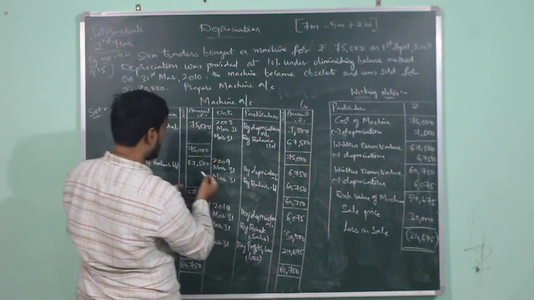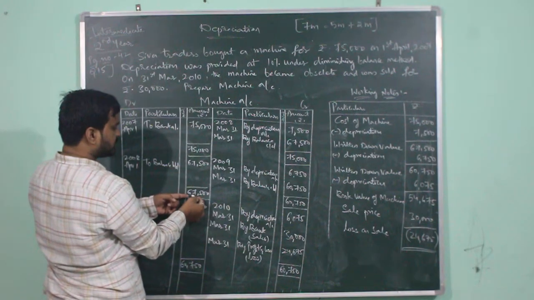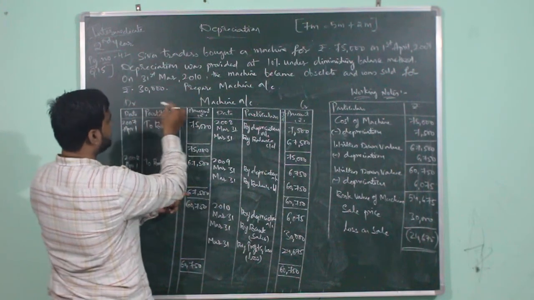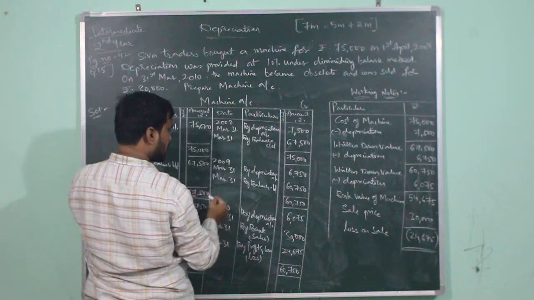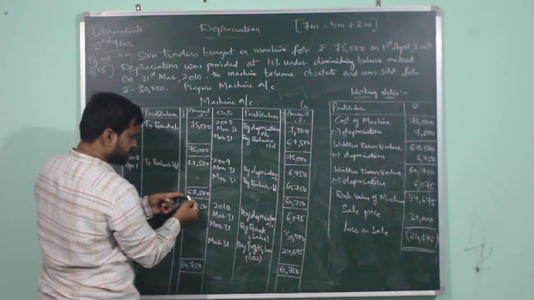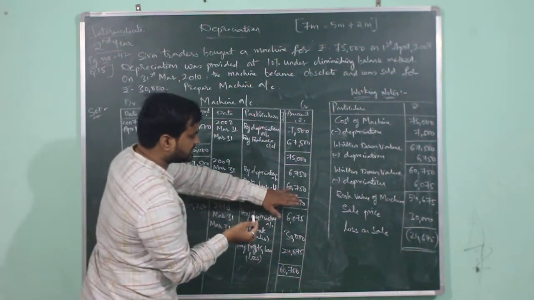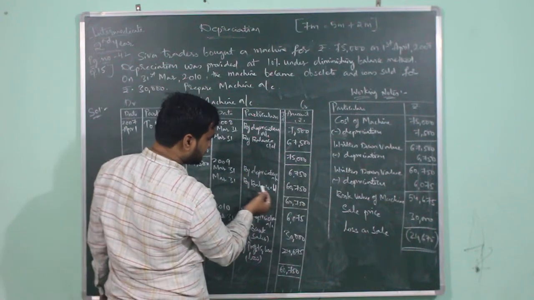So what is the highest value here? 67,500. So 67,500 will be recorded on debit side of machine account, as well as 67,500 will be recorded on credit side of machine account. Now subtracting 6,750 from 67,500, the value which is left out is 60,750, which will be written as closing balance